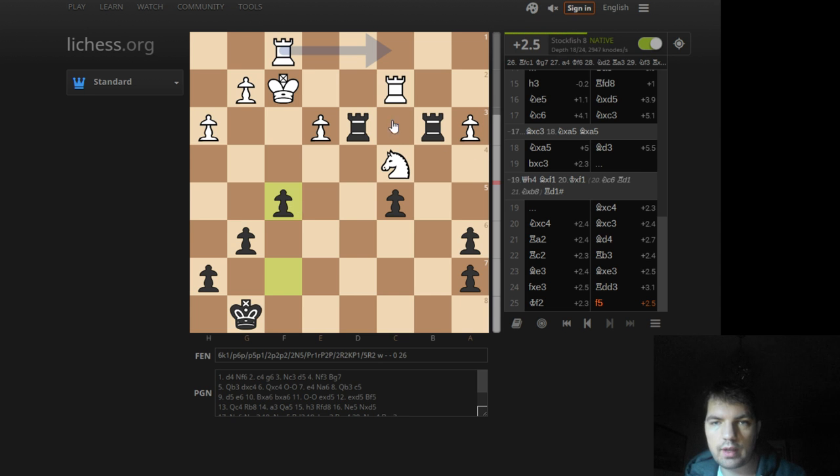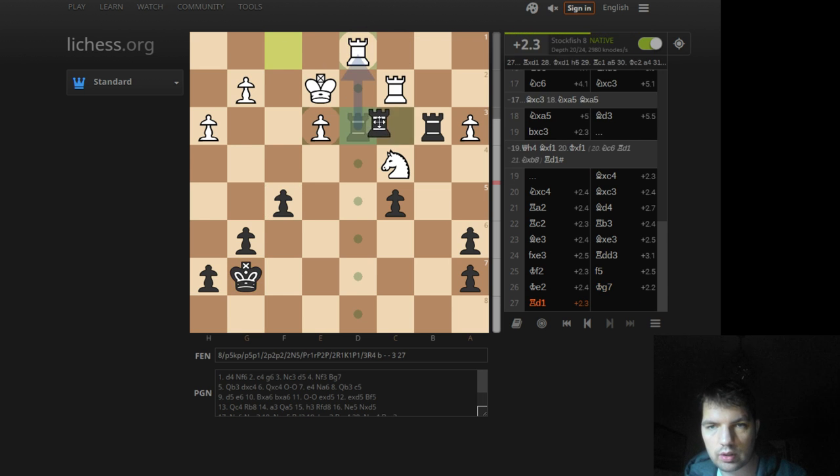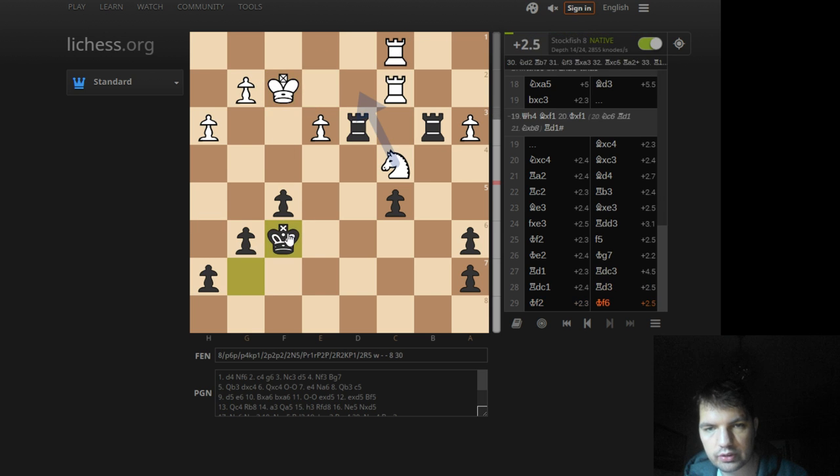King f2, f5. So of course, initially I had some kind of variation in mind in which I'm taking over the second rank or the first rank, but he covered both of those ranks, and in that case it's a bit tough. King e2, king g7, rook d1. I didn't want to exchange there. I'd rather exchange here. Yeah, I mean, this doesn't really matter, honestly. Rook d3, king f2, king f6,